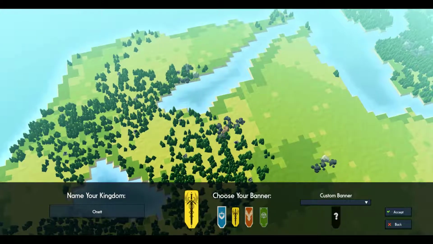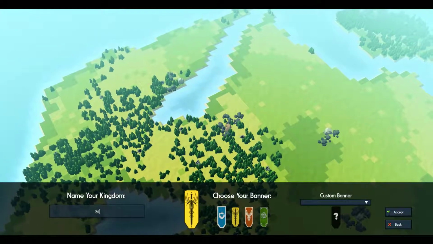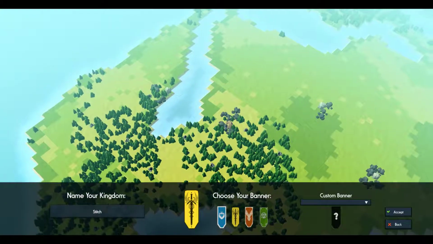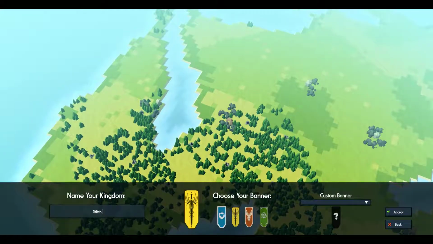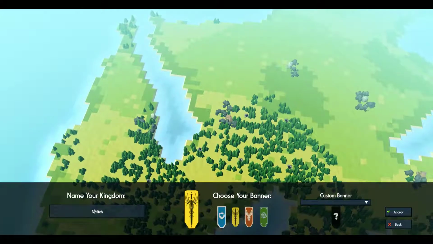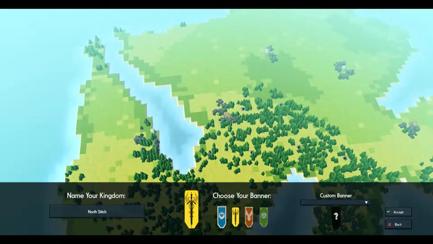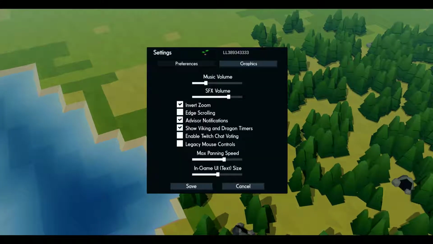So let's choose a banner that's yellow. Let's call our kingdom Stitch. Stitch. North Stitch, maybe King of the North. Yeah, let's call it North Stitch. Let's go yellow with the banner and accept, and of course the menu, and I can go to settings, and